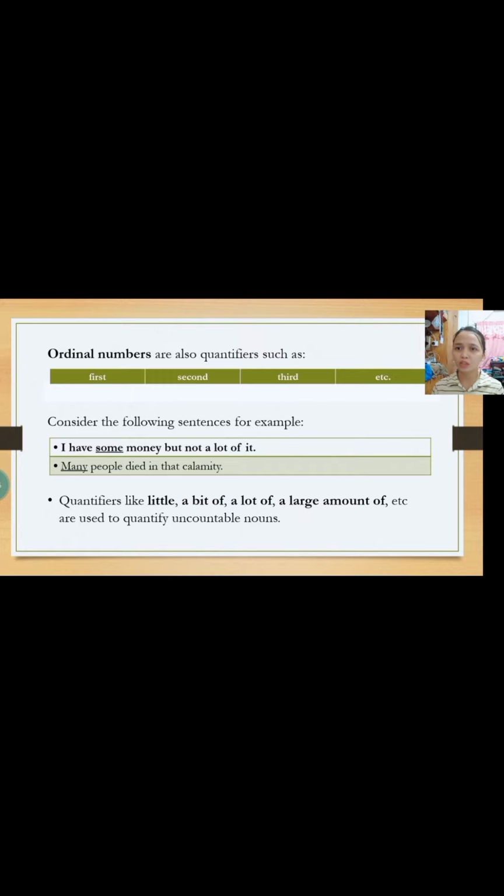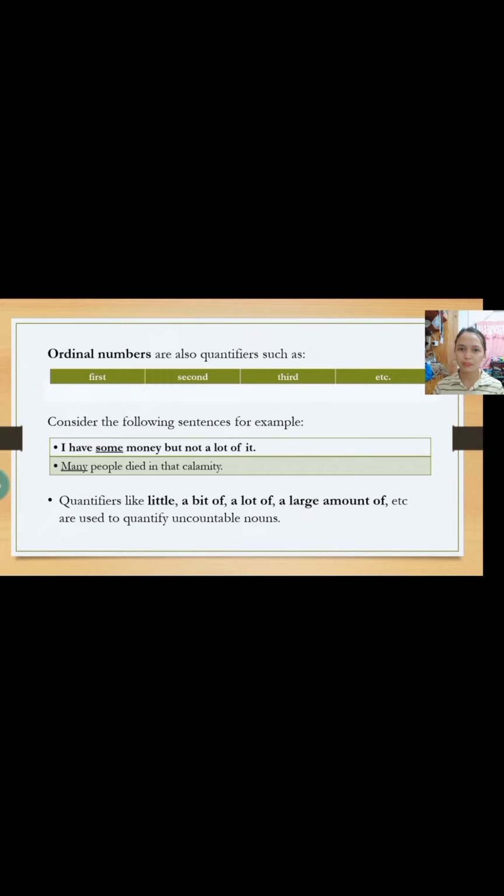So let's consider the following sentences. For example, the first one, I have some money but not a lot of it. In this sentence, I underline the quantifier determiner, which is the word some. And in the second sentence, many people died in that calamity. In this sentence, the word many is the quantifier determiner because it refers and it came first to the word